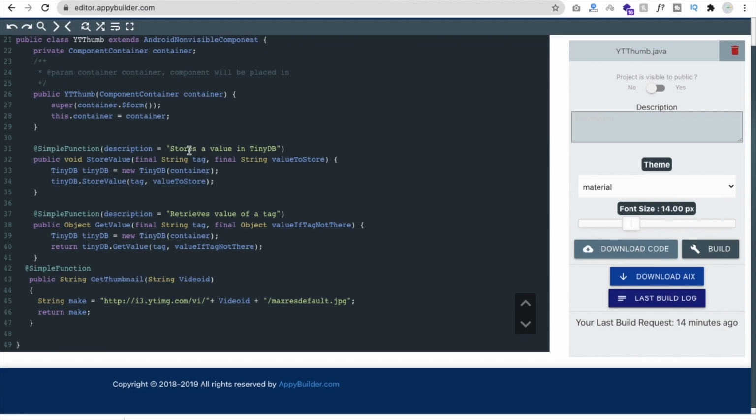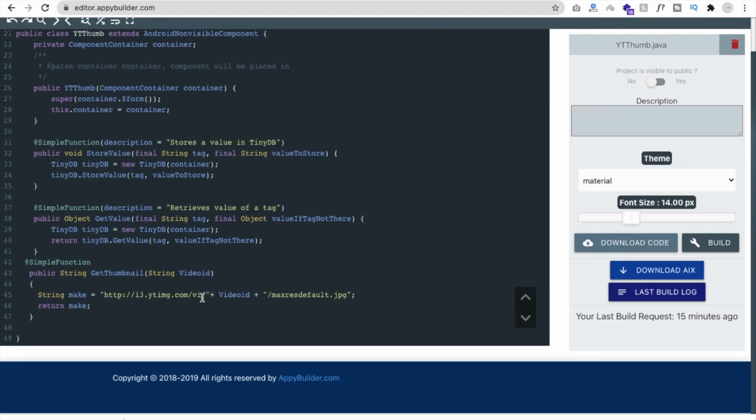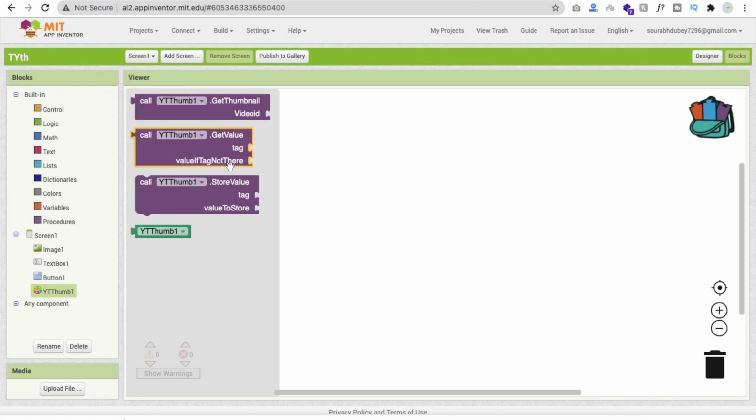The first initial one is for demo, like value, and the retrieve value tag and TinyDB. Now go to App Inventor, and in the third one you can see that we have the code, get thumbnail video id.